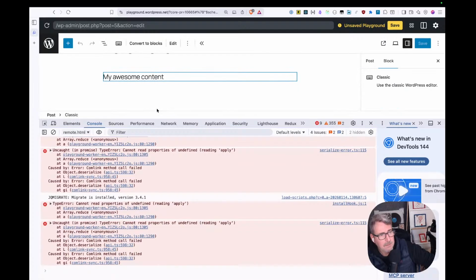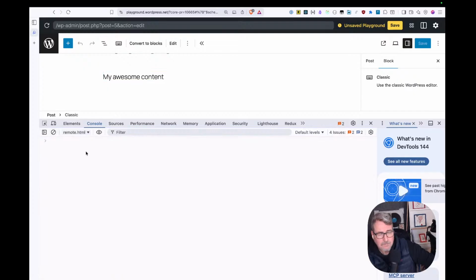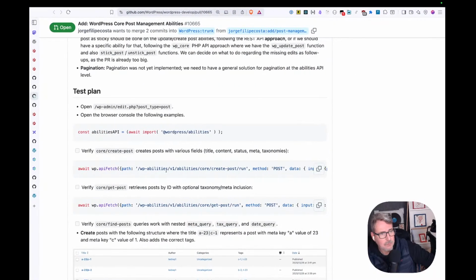My awesome content, okay. So this has worked. We have been able to run a specific ability called create post, send in some data, which includes the title, the content, and the status, and some metadata. And now we should be able to